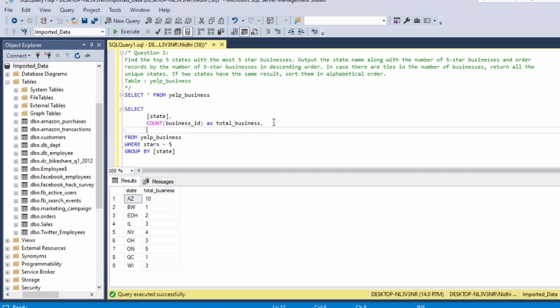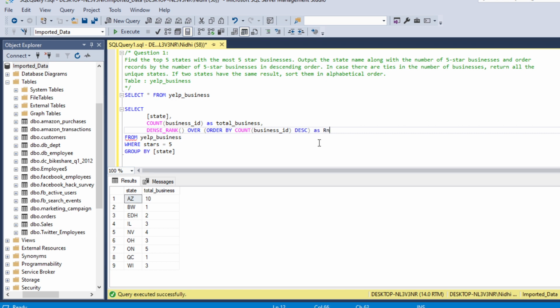So we will write dense rank over order by our total business, which is our count of business ID, in descending order. So the highest count will get the first ranking.